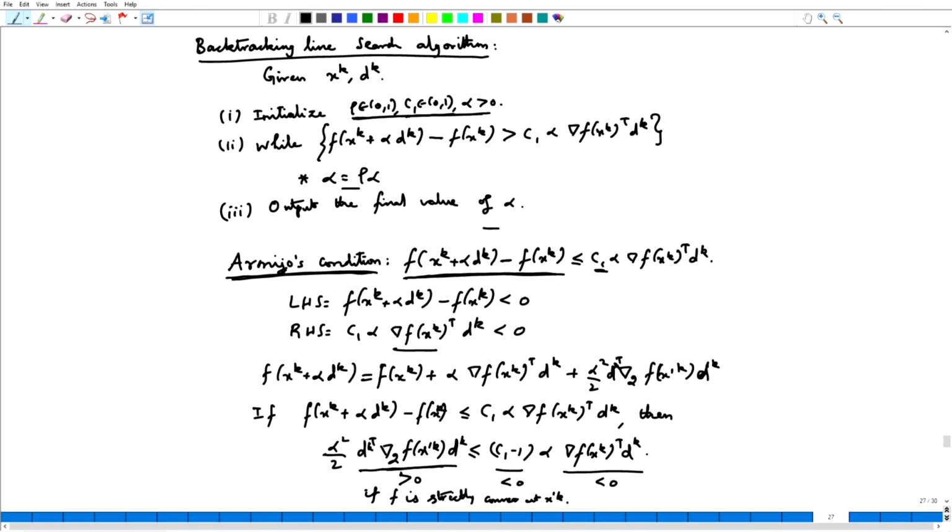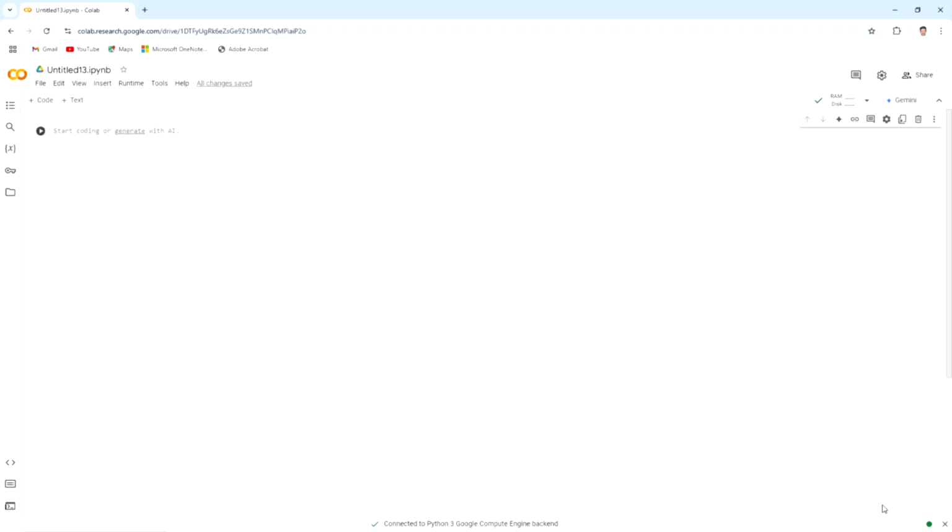It is better to import NumPy as early as possible, and I am first going to define f of x, which is x1 squared plus x2 squared. So, which is x of 0 the whole squared plus x of 1 the whole squared,